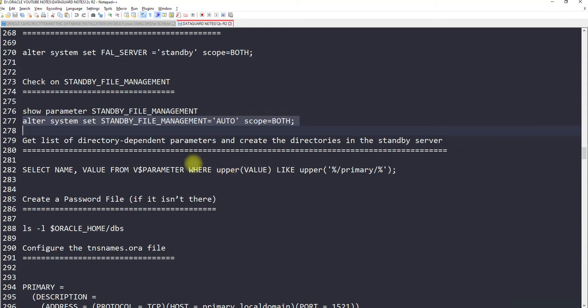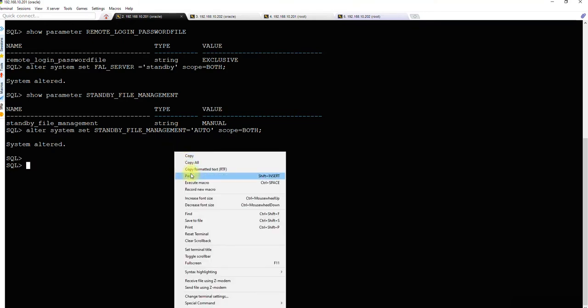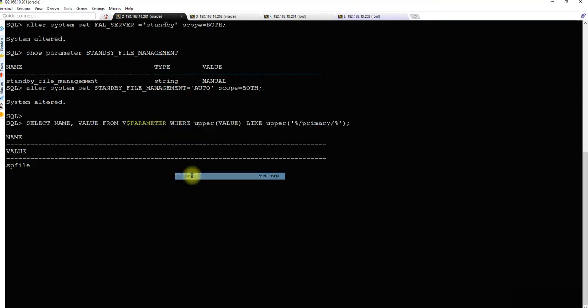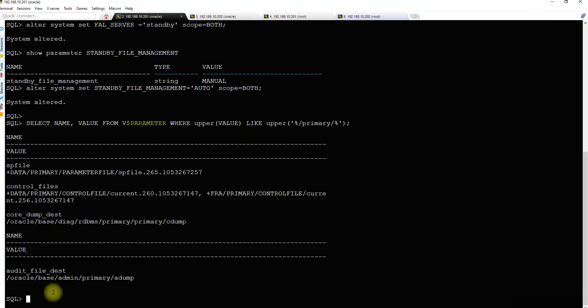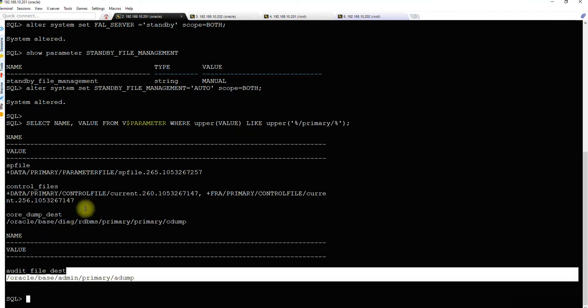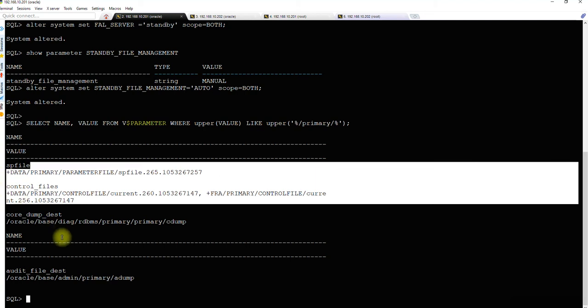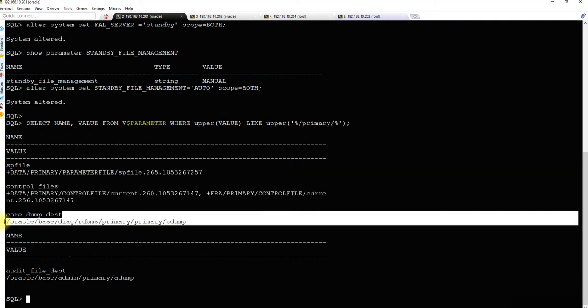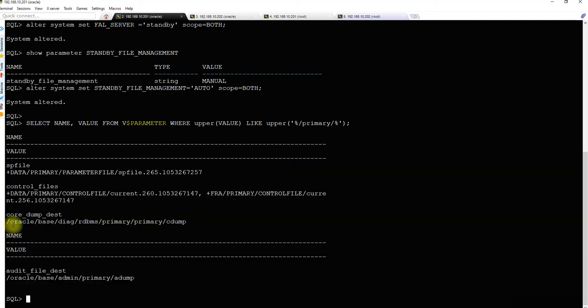Now we need to find out the list of directories which we need to create on the standby. We need to make sure that it also exists on the standby, like adump and cdump, core dump and audit dump. These two locations you don't need to worry about, but you need to worry about this one and this one. So let's create these rather than waiting for it.